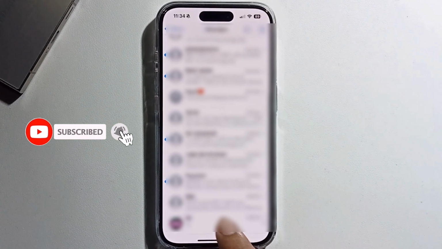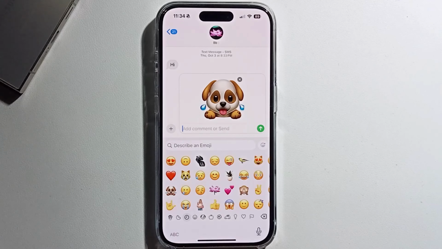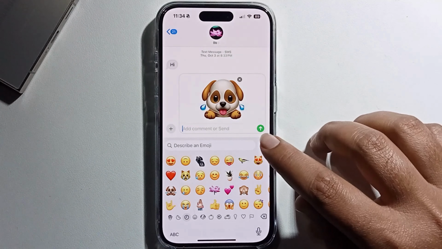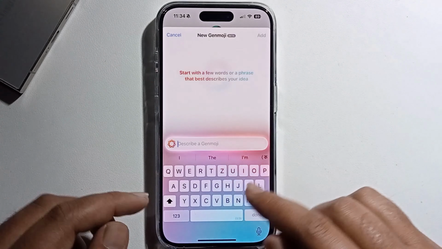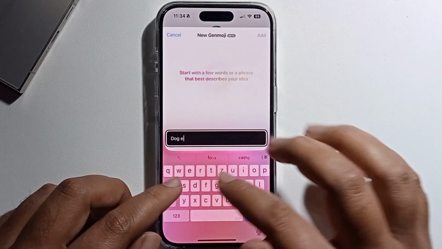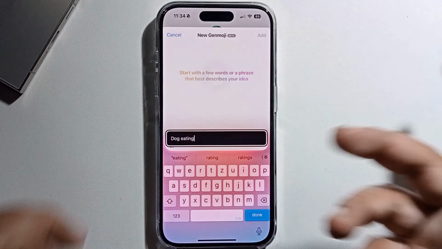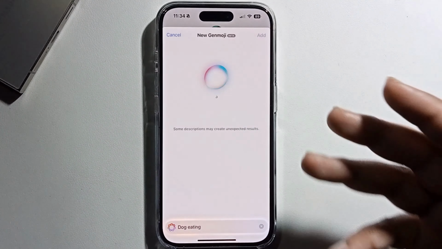Okay, open this. So look here, it's showing the emoji option, just click on it and click on this option and search here for Genmoji. Okay, press on done, then you just wait a few seconds,